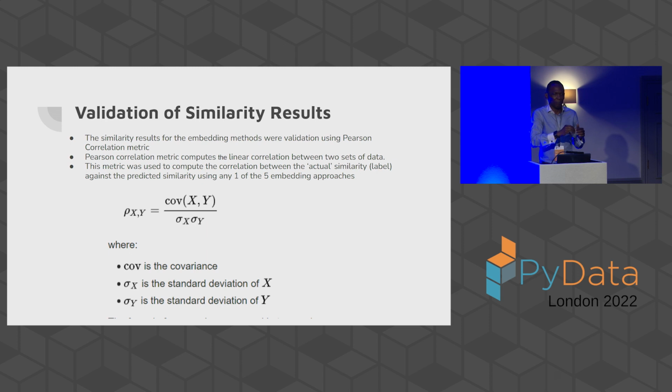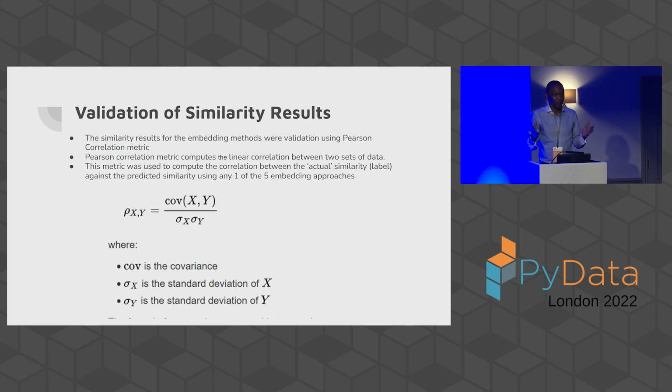We looked at two variant word embedding approaches. One is a very simple one, averaging. The other one is the smooth inverse frequency. And then we looked at Google's universal sentence encoder. And then finally, we looked at the S-BERT model. What I want to now show you is how do we